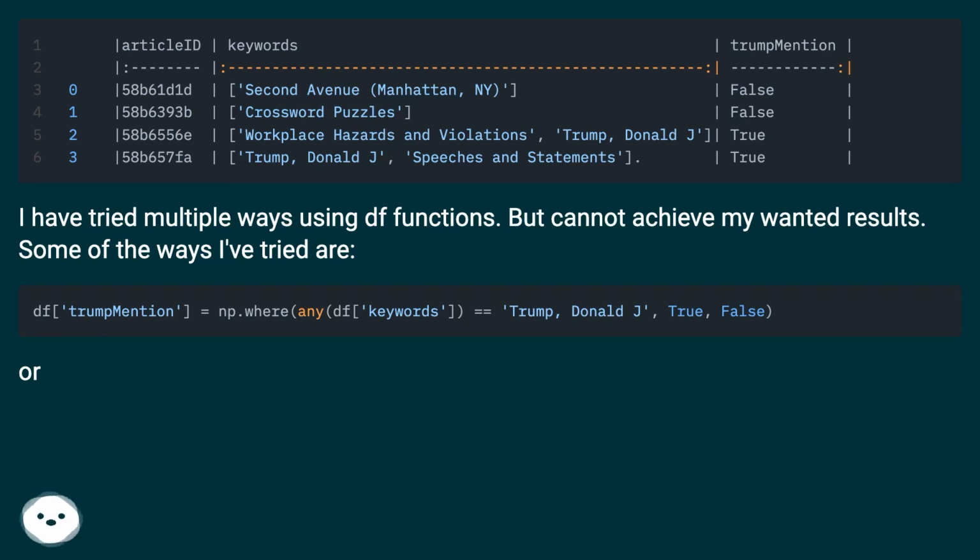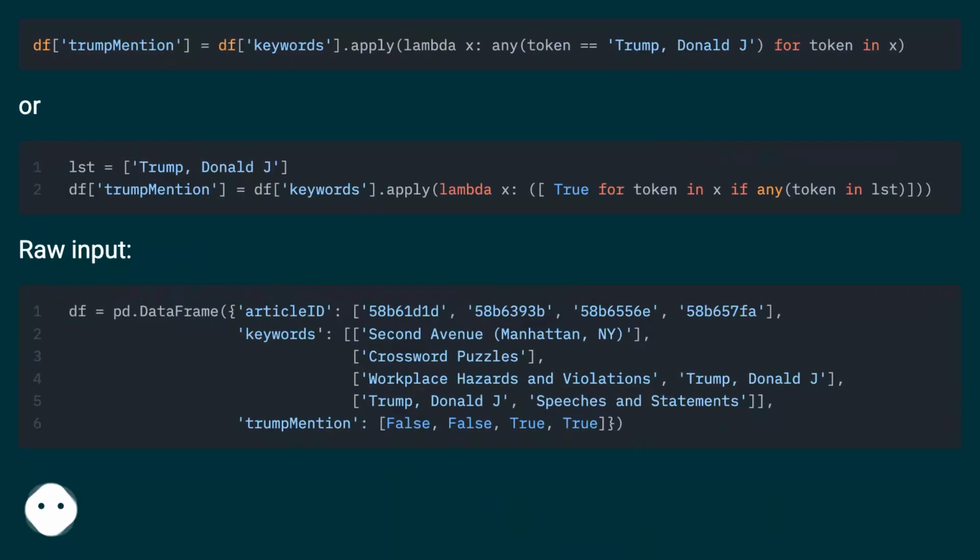Some of the ways I've tried are raw input,